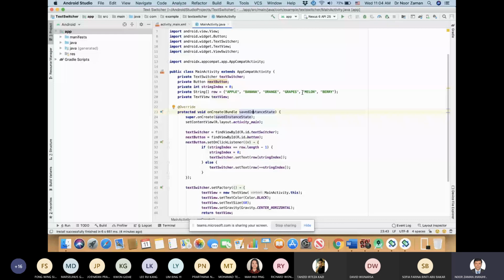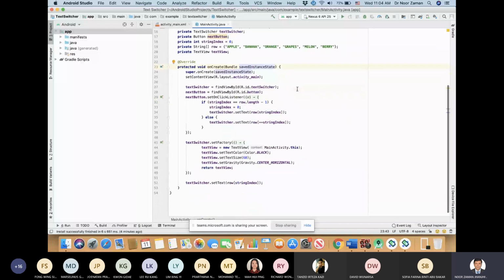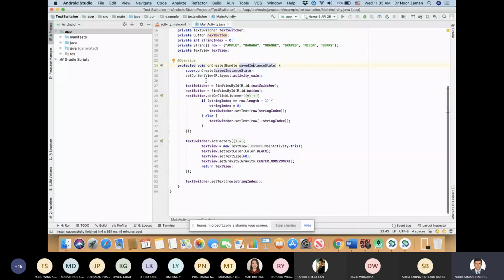We can extend it, but I only remember the names of these fruits, or maybe these are only my favorite fruits. Anyhow, coming back here, you can see we set the context view on the clear method. What we are doing is defining the same thing: text switcher found by ID, and next button found by ID. But here we are applying the if condition to check that if the string index equals the row length minus 1, then the string index will be 0, and set text